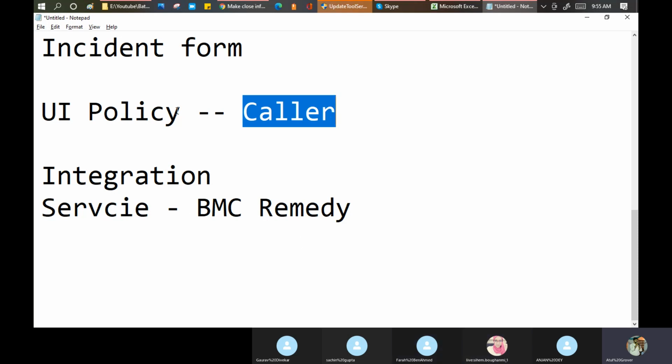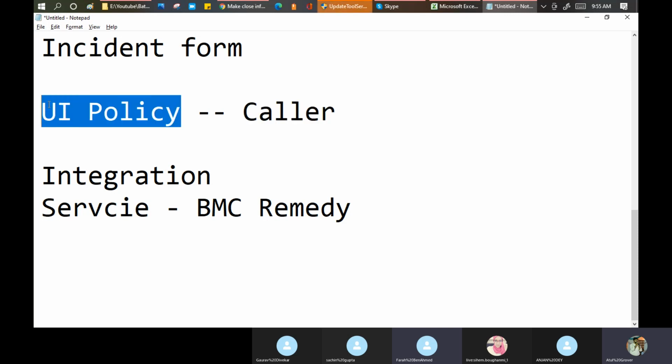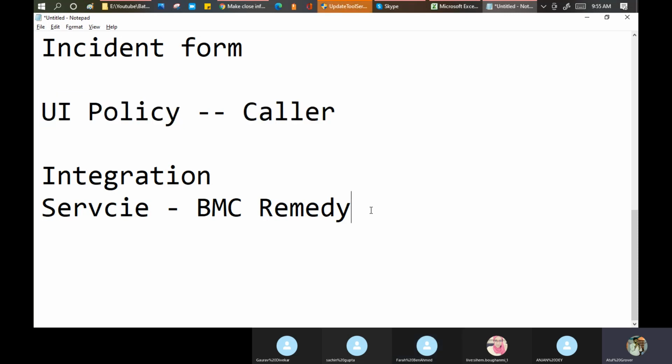But in my ServiceNow, it is mandatory. It means my record will not be inserted. So to avoid these issues, what I'm doing is putting in a thing called the data policy. It will check that on my form, these things are mandatory. Please bring that field before you go to the form level.